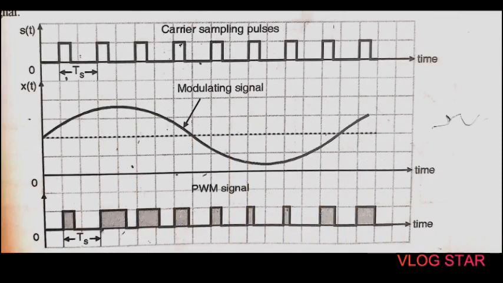The other type of pulse analog modulation is pulse width modulation. In PWM, the width of the modulated pulses varies in proportion with the amplitude of the modulating signal. The waveform for PWM is as shown in this figure. As seen from the waveform, the amplitude and frequency of the PWM wave remain constant, only the width will change. That is why the information is contained in the width variation. This is similar to FM.